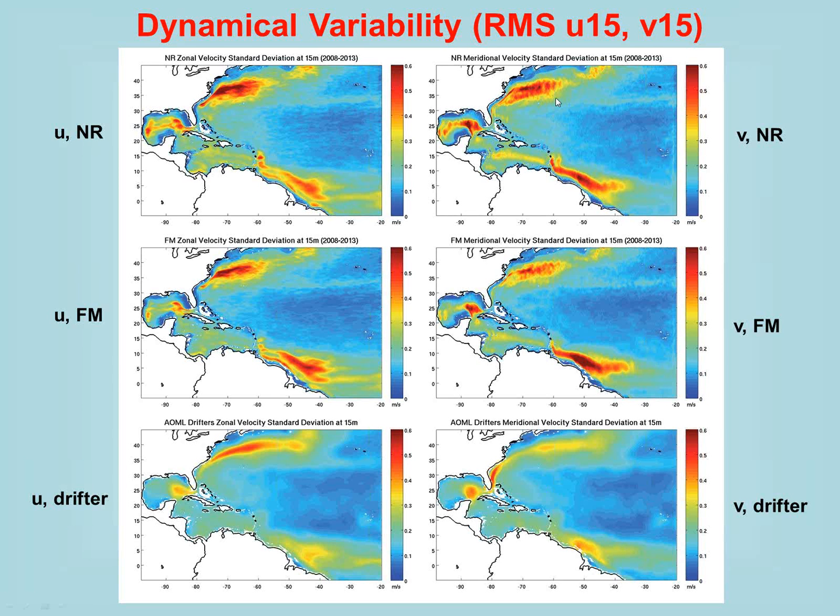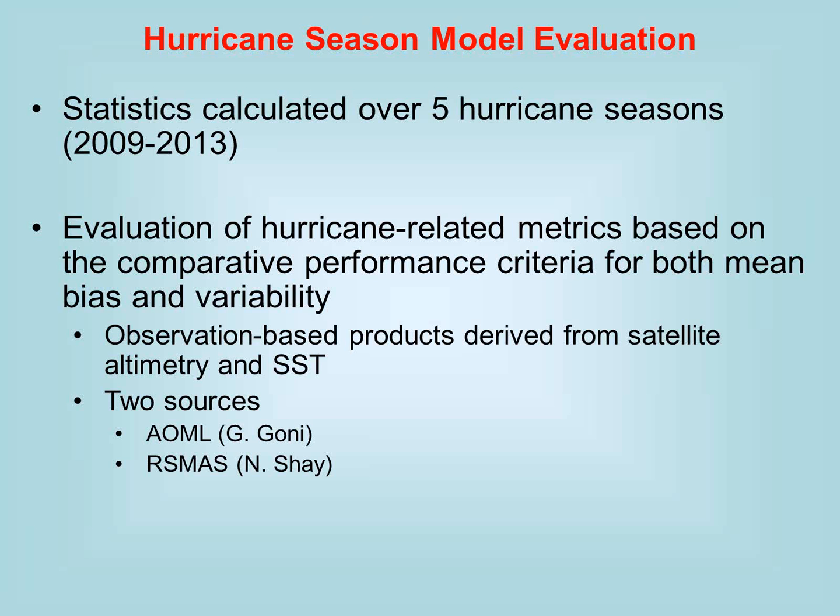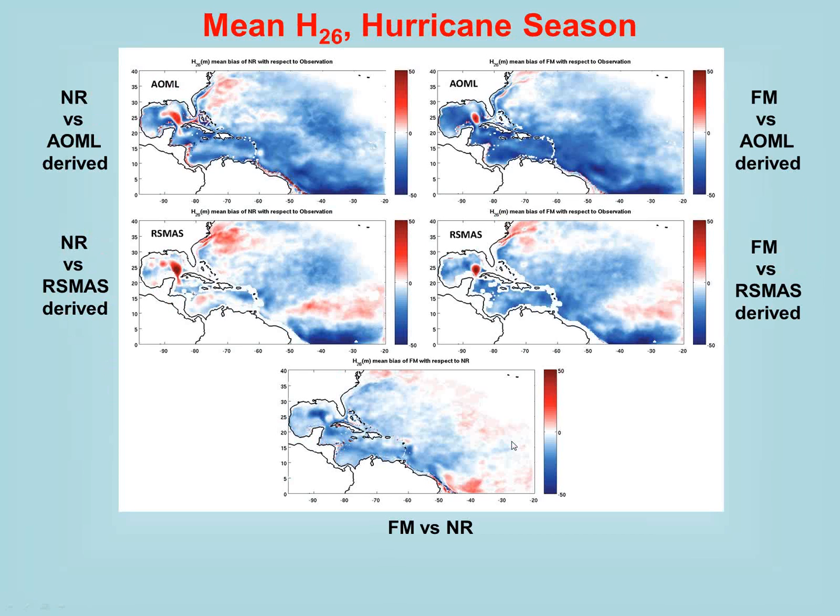Okay, I've been showing comparisons over a 4-year time interval. But for the hurricane problem, we're going to look specifically at hurricane season and at some hurricane-related metrics. Here I'll bring in some observation-based products derived from satellite altimetry and SST, specifically the depth of the 26 degrees Celsius isotherm, the 20 degrees Celsius isotherm, and tropical cyclone heat potential. There are two sources that I use herein, AOML and Rasmus. But I'll be looking first at the depth of the